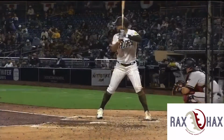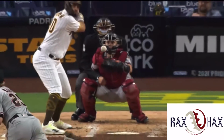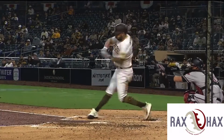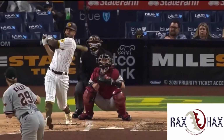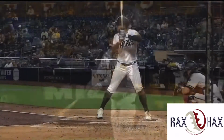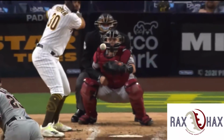Hosmer is a critical piece of the San Diego offense, and in today's installment, we are breaking down just why he's so successful right now. He's clearly seeing the ball very, very well, and one of the reasons for that is that he loads exceptionally well without moving his head. He mitigates his head movement by both his sequencing and by the core stability that comes from a very well